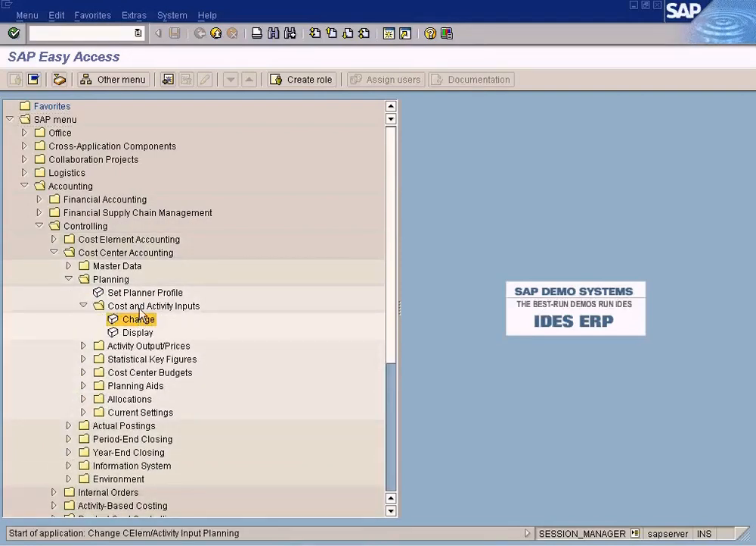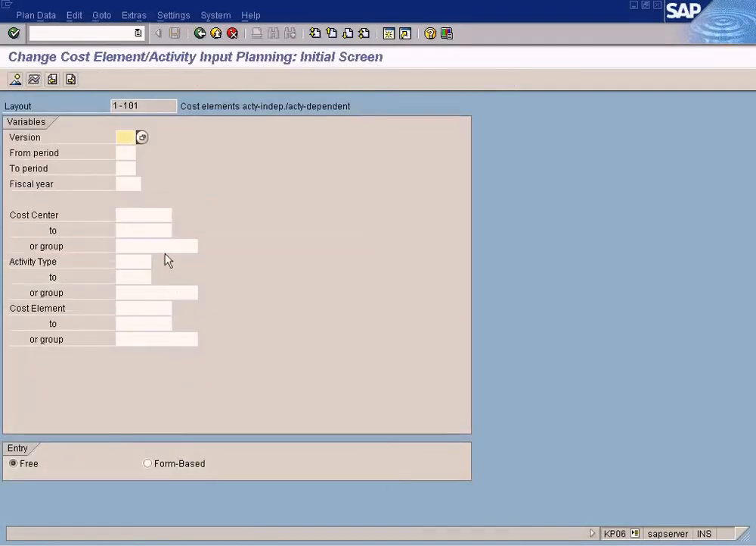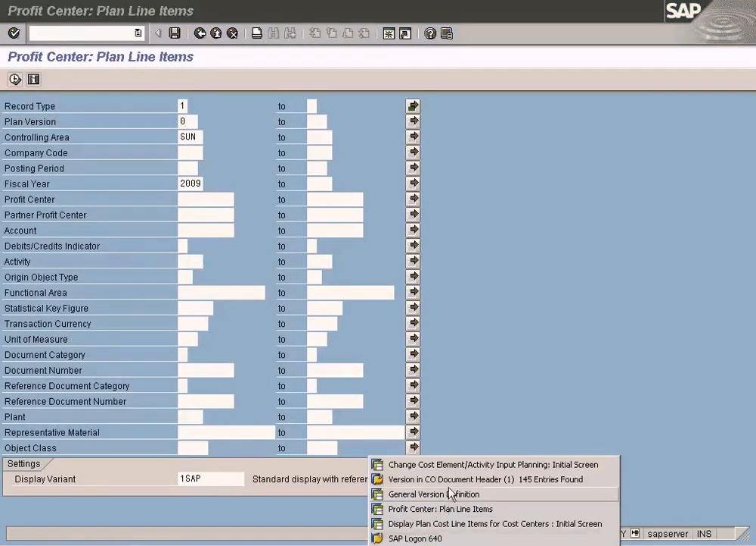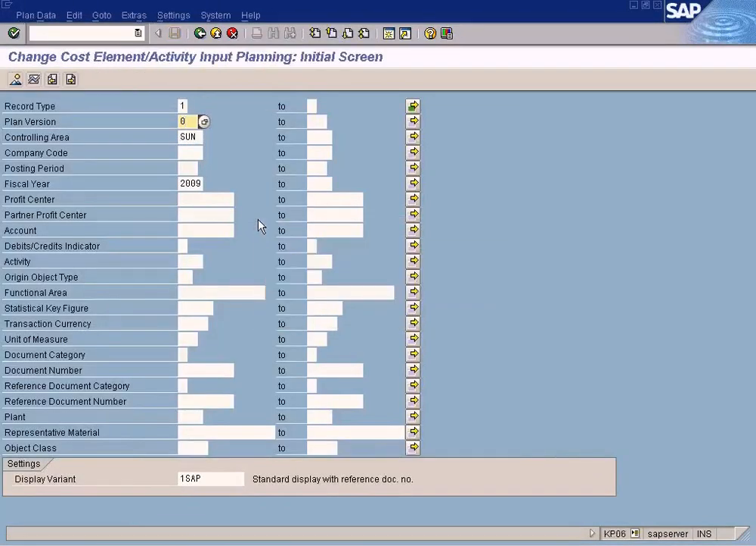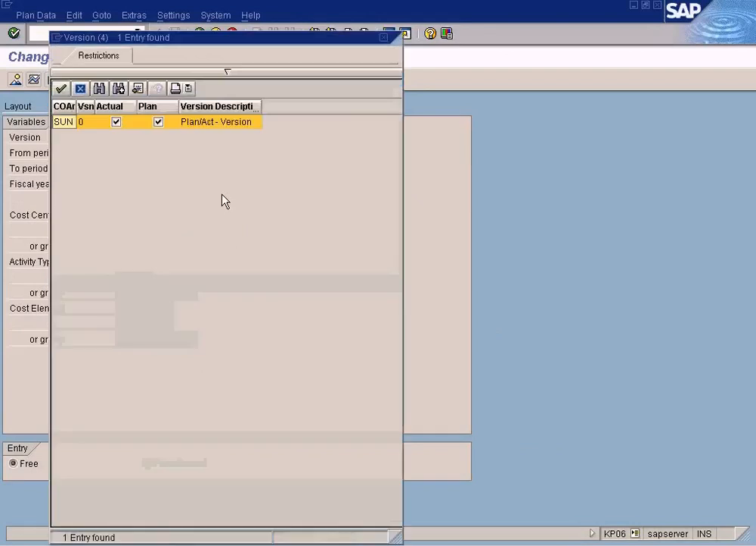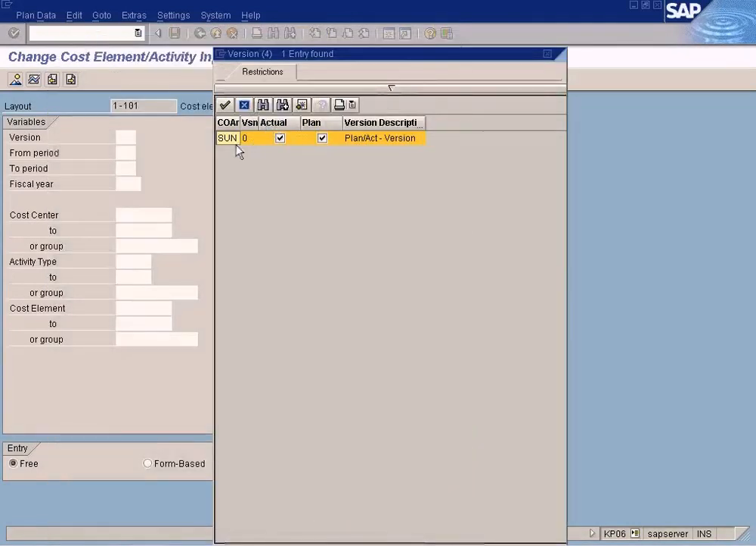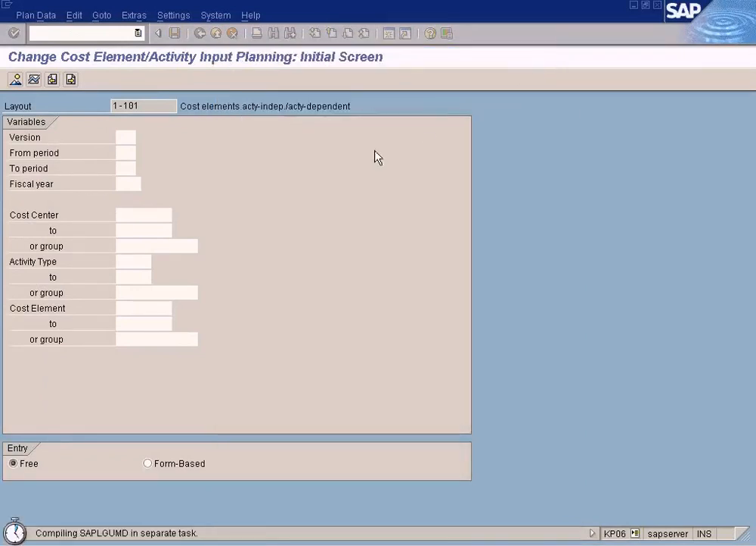In this screen you will be asked for a version. When you want to enter the plan values for the cost center accounting, you'll be asked for the version. So if you have selected this checkbox here, plan, then it means that this version will be available here in this entry. See, it's available, so that you can enter plan values, plan data, for cost center using that version. So whatever data you enter for the selected version, the data will be applied to this version only. Okay,